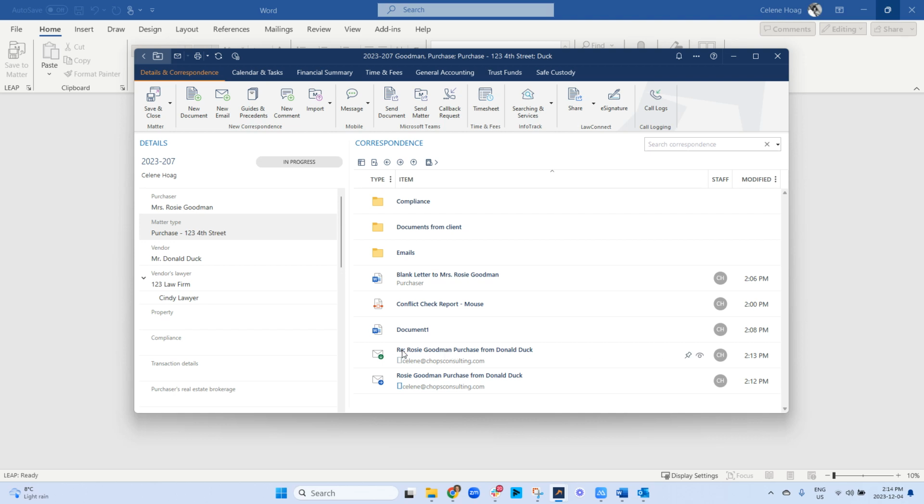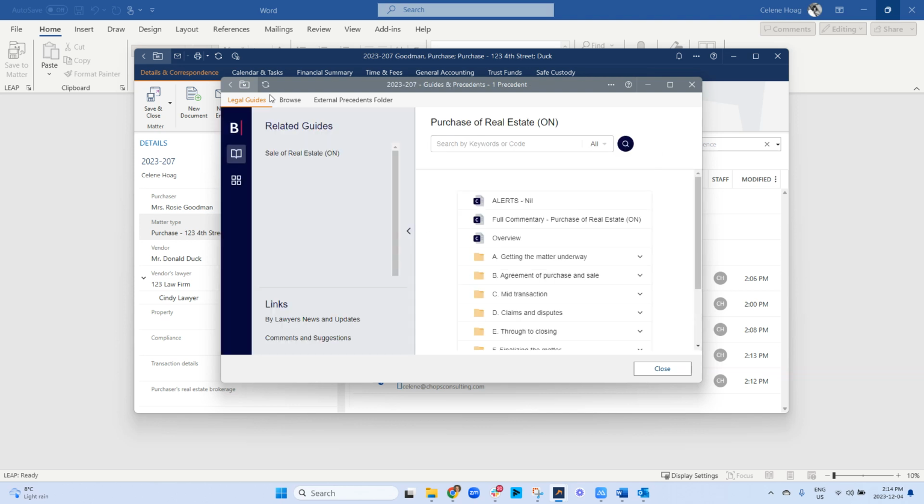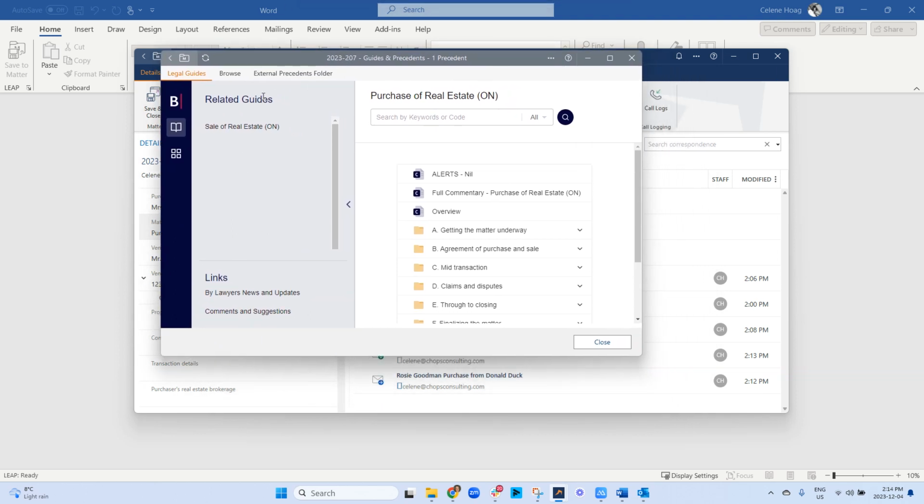So those are emails. The next one that we have here is guides and precedents. I'm just going to give you the quick version today because precedent training goes into all of this in more detail. So you will see here that there's legal guides. This is the By Lawyers module, and it's an extra Leap add-on with an extra subscription charge. So if you are not By Lawyers users, you can pretty much ignore this,